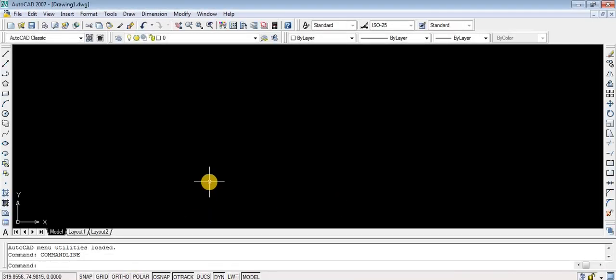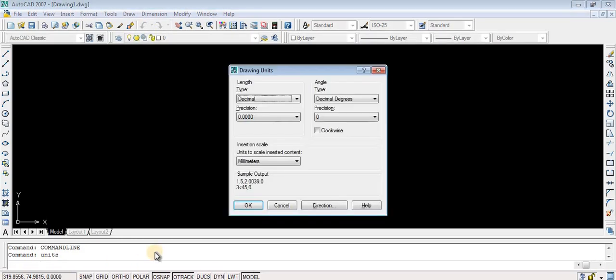and similarly you have to specify the units. Okay, here in the command line I type units. I think this dynamic is on, units. Okay, so we have to select these units, decimal units, precision 0.00 is sufficient.